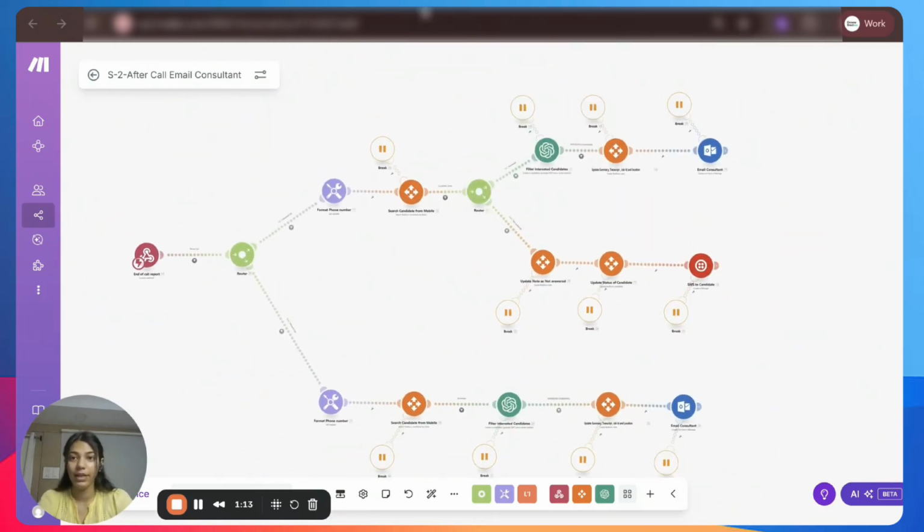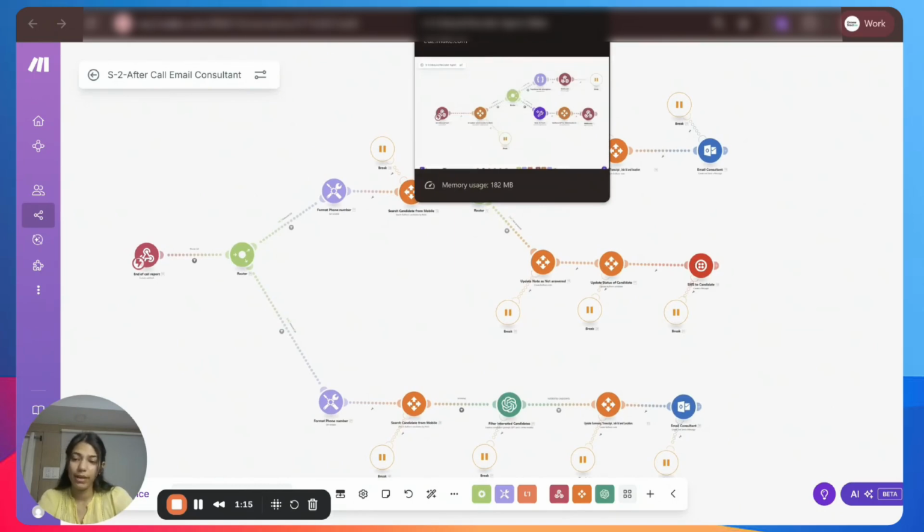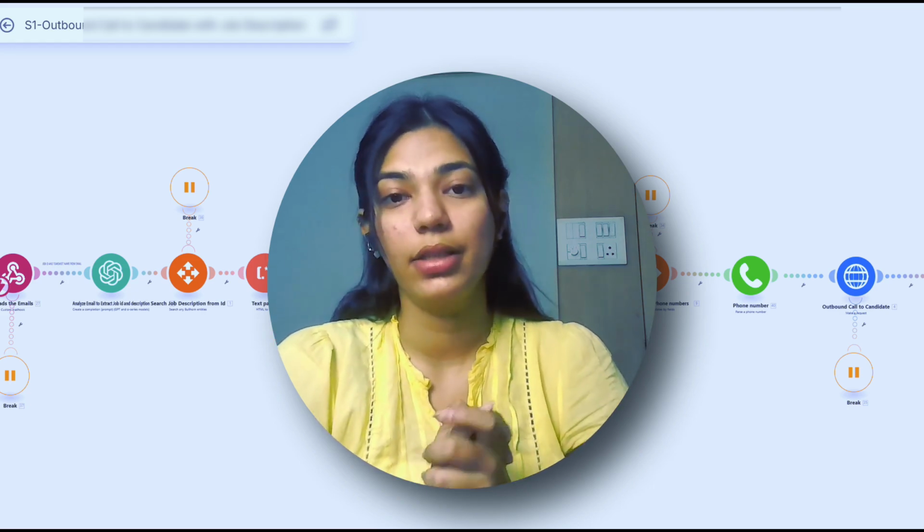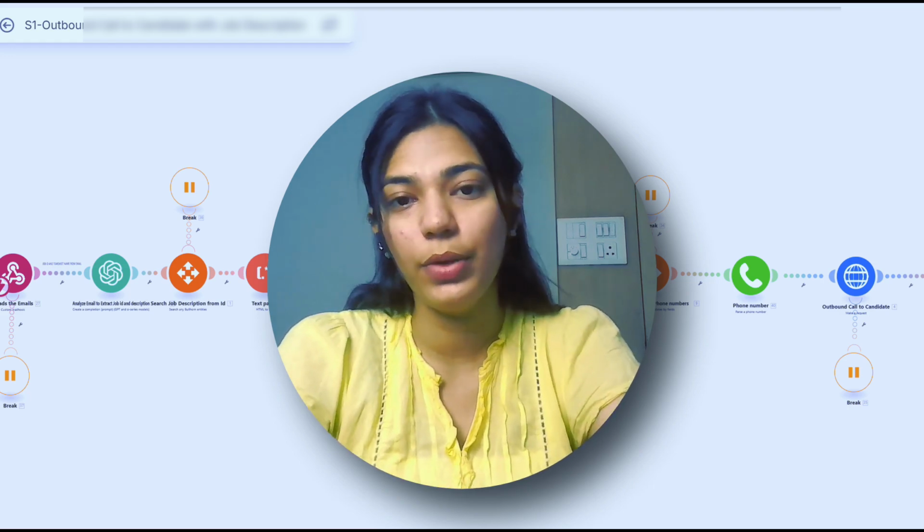We have built this. We can build it similarly and customize it as per your business needs. This system is designed to help recruitment teams automate their candidate follow-up and calling process and also manage their data inside the CRM. At GrowStacks, we help in building solutions that are very relatable to your business needs. We can customize this whole process and even add variables that you want in your business and help you build an automation that is perfect for your business.